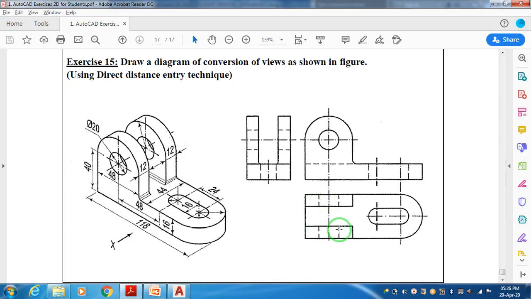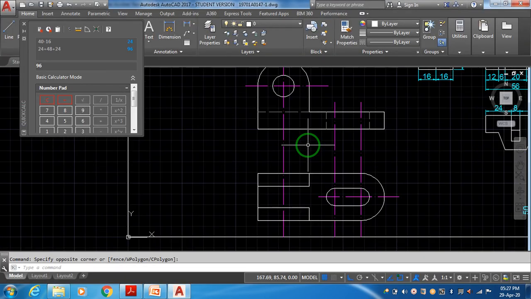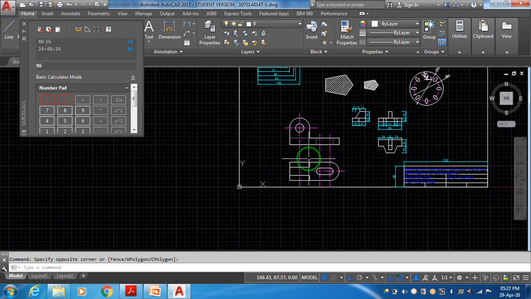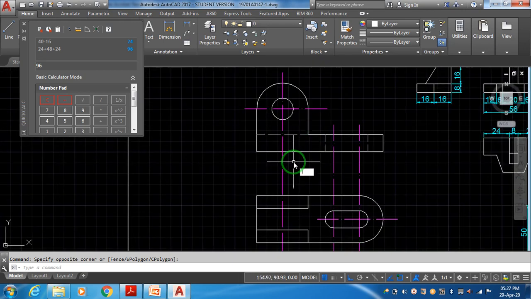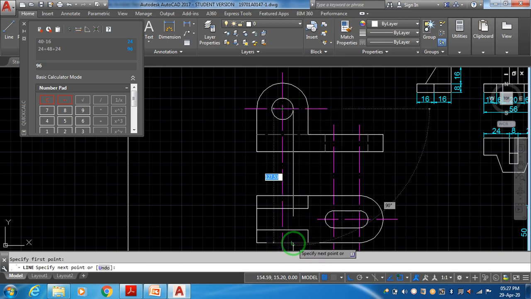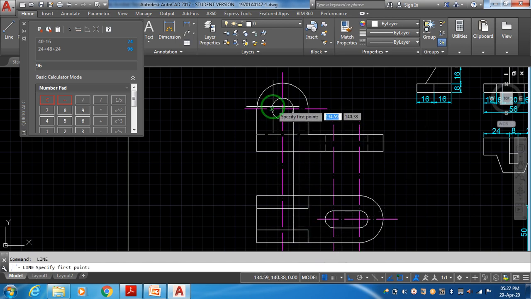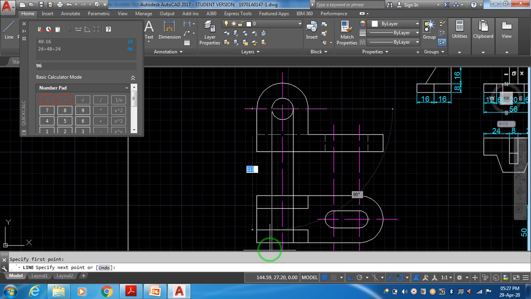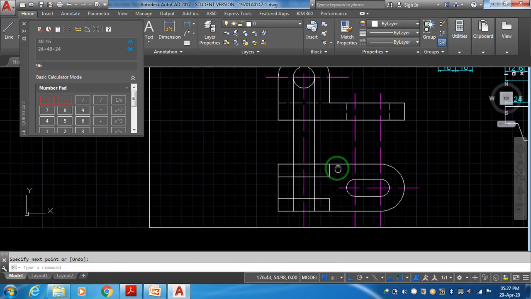Now here in this web we are supposed to draw these two hidden lines. Notation of that: from the front view you are looking for the top view, meaning when you are looking from here, this circle should be shown like a through hidden, right? That through hidden should be drawn inside the webs, right? If you are not able to draw the lines exactly, you can take the reference of the front view. Just take line command, starting point, ending point. It all depends upon your fast work and necessity, right?